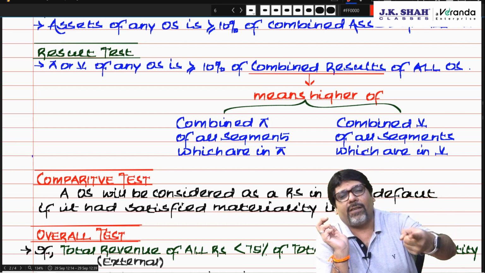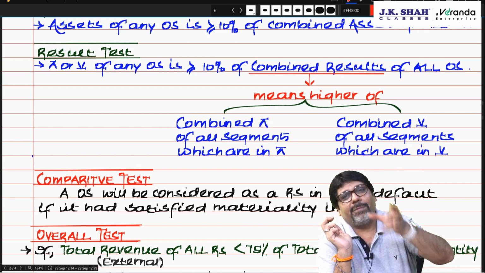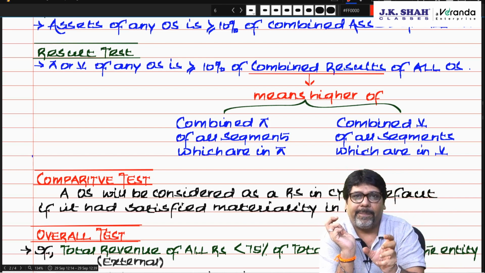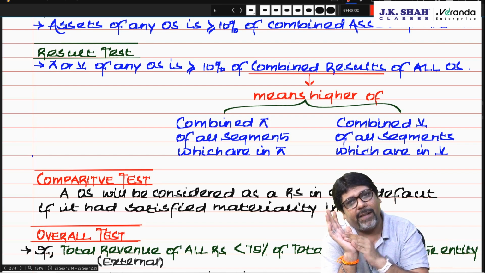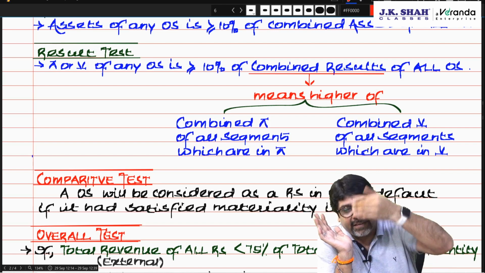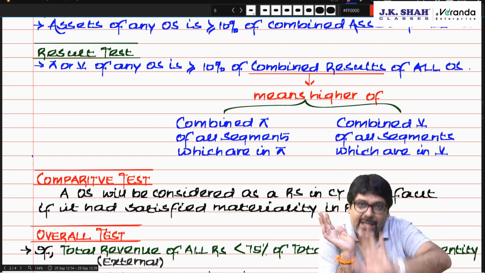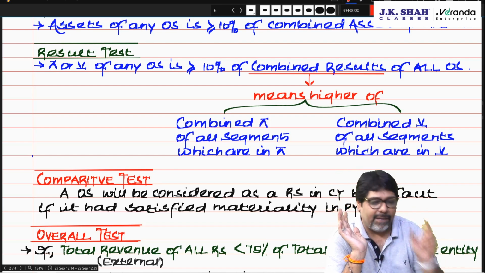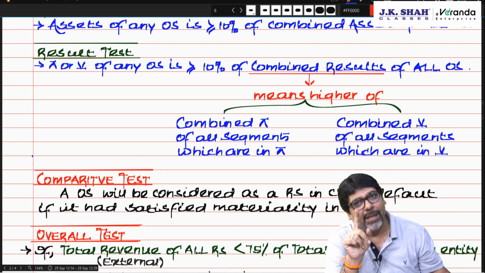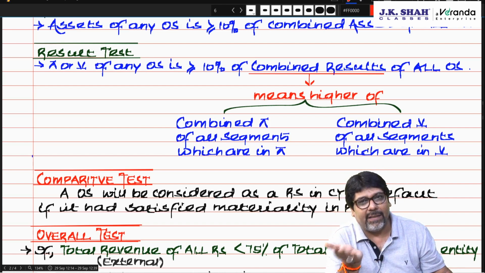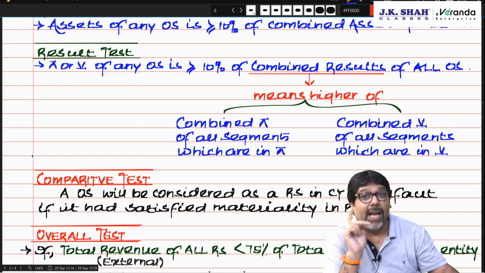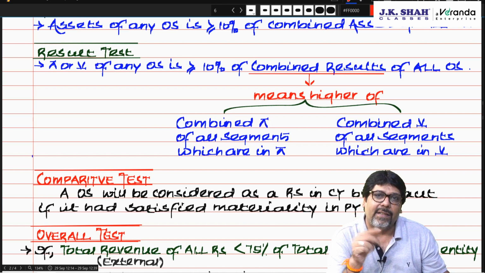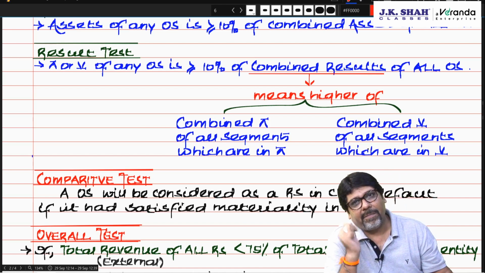If these 5 segments' revenue, Chartered, crosses 75%, wonderful, life is beautiful. But if it does not cross 75%, suppose it crosses 70% only, that means there is a deficiency of 5%, then another segment which has the highest revenue shall be included to reach that 75% mark. Am I clear? So any other segment with the highest revenue should be included so that it crosses the 75% mark.